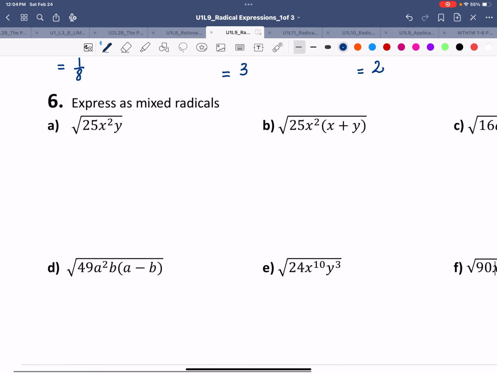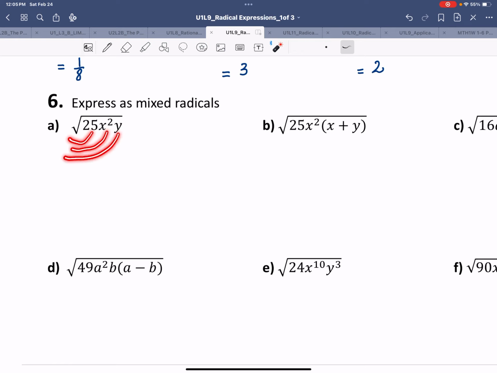So now we're going to look at another set of exercises. This time we are expressing as a simple radical each of the terms described. Now, as you can see here, we have variables inside the radicand, inside the radical sign. And to express these as mixed radicals means that we have to simplify this expression as much as possible. In other words, we have to take out as many factors